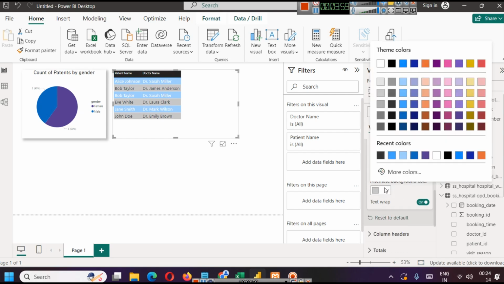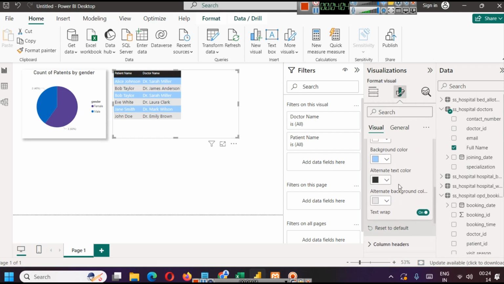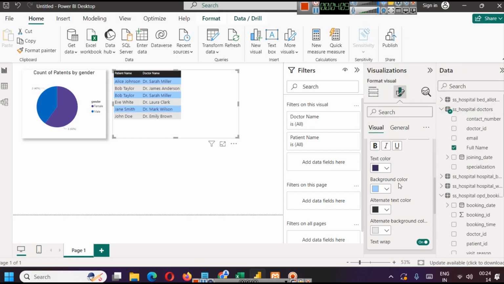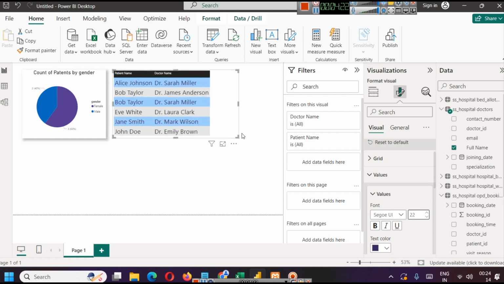Okay, alternate background color we can select like this. So you can do a lot of these things, and since the text color is not visible, let's select a dark text color. So this way you can design your visuals as per your settings. And what we can do here, since we have more space, we can increase the size. So this way, from two different tables, we are able to tell that this patient name is consulting this particular doctor, and we can also